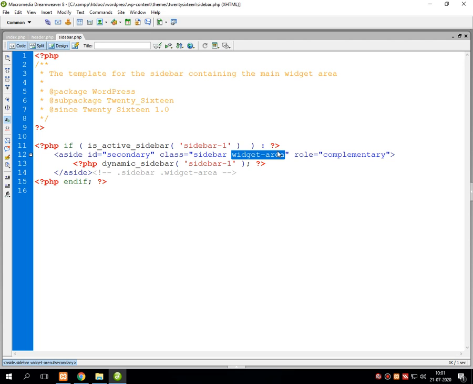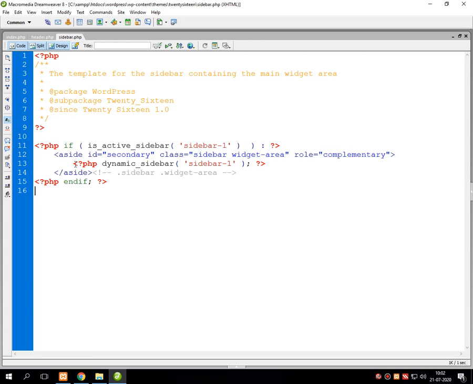If you remember, whenever we activate any widgets, they will be displayed onto the right side, into the bottom of the sidebar. That is done using this particular logical line. And the last one is given as a role, which shows complementary, meaning if the widget gets activated by the user, then it will display, otherwise it puts an empty space after the completion of the sidebar area.